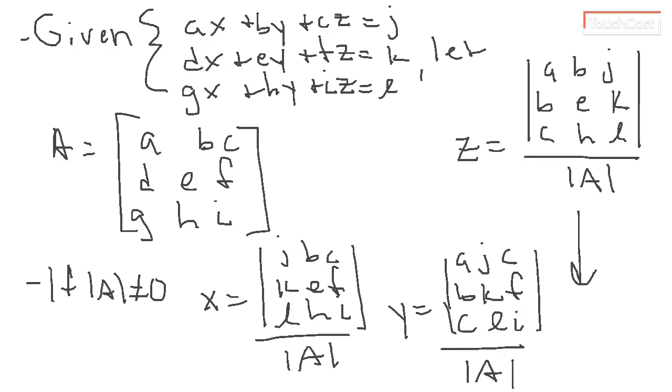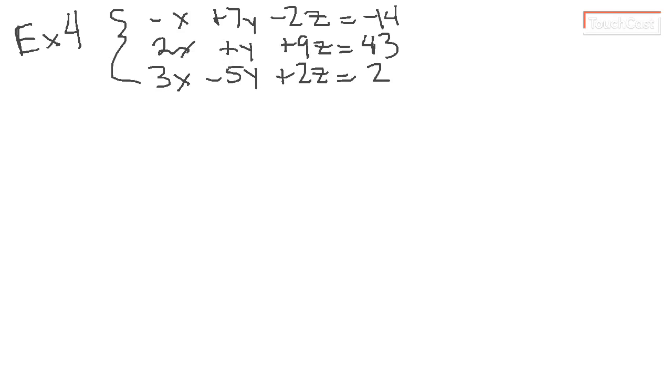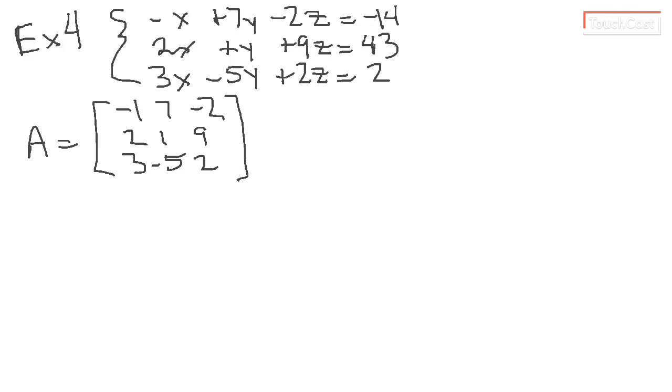So we're just going to look at one example of a three-variable system and then call it good. So on example 4, we have the system negative x plus 7y minus 2z equals negative 14, 2x plus y plus 9z equals 43, and 3x minus 5y plus 2z equals 2. First, our coefficient matrix is going to look like A equals negative 1, 7, negative 2, 2, 1, 9, and 3, negative 5, 2. Now, with these, we can also use our graphing calculator to find the determinant of A, which is exactly what I did. The determinant of A in this case is going to be 140,